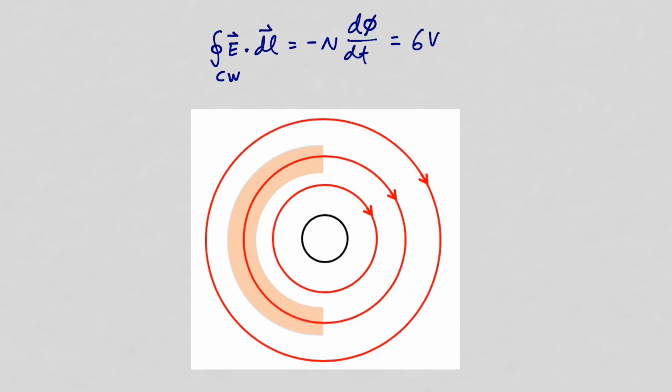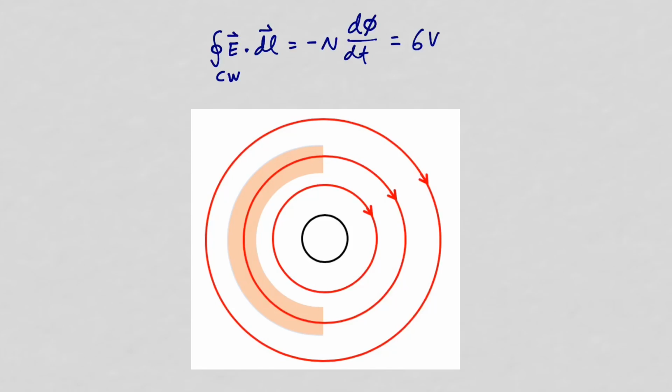Faraday's law tells us that the integral of E dot dl around the solenoid will result in 6 volts, and that's true even if we go through the conductor. But if there's an electric field intensity inside the conductor, then a current is going to flow. But a current can't flow because there's not a continuous path for the current.